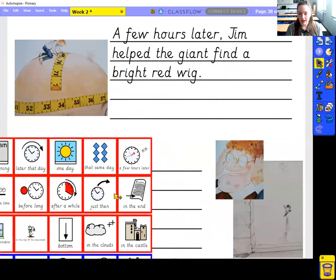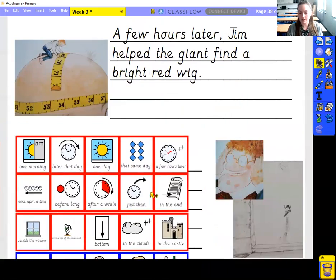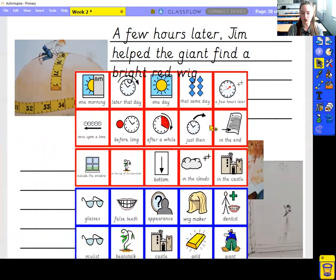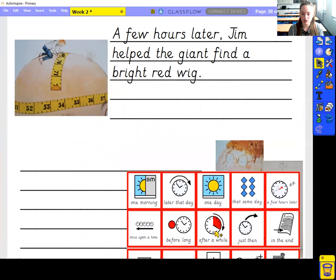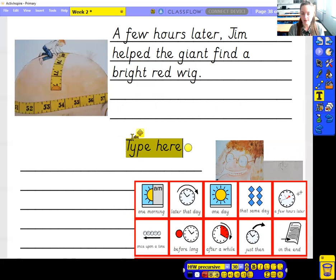And then the last thing that happened was Jim ran away because the giant had suddenly got his appetite back and said he was going to eat Jim. What time adverbial could I use to start this sentence? Well done. I'm going to go for, in the end,